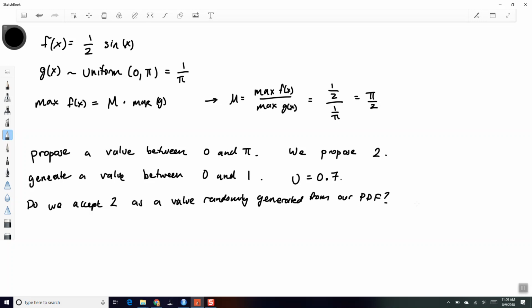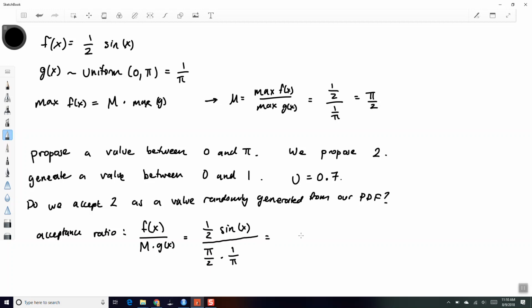Okay. Well, we look at our acceptance ratio, which is going to be f of x divided by m times g of x, which in this case is 1/2 sine of x divided by m times g of x. So we've got m is pi over 2 times g of x, which is 1 over pi. Okay, and so according to my calculator,